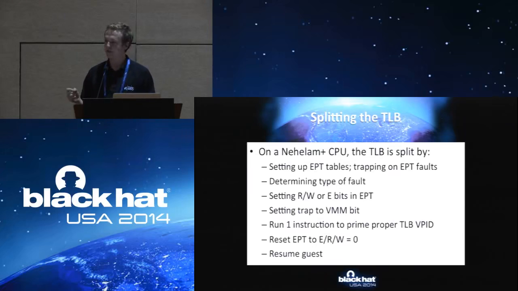Then you need to set the trap flag to trap back to the hypervisor after one instruction. So you're going to single step the guest for one instruction. You re-inject back to the guest to let it run that one instruction to prime the proper VPID. So if you were just to do what you do in kernel space in Shadow Walker and you just read